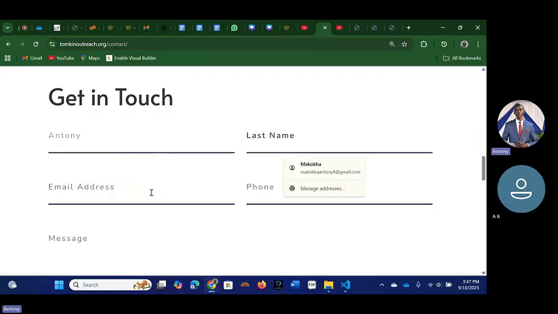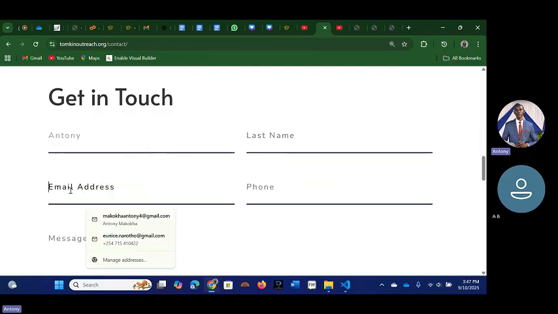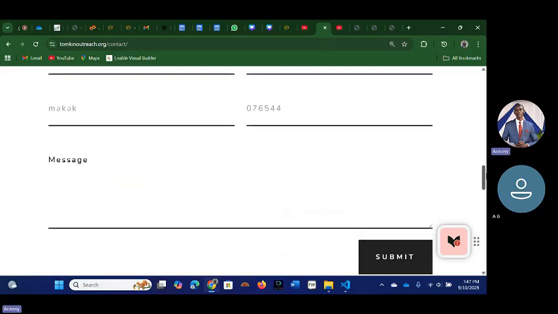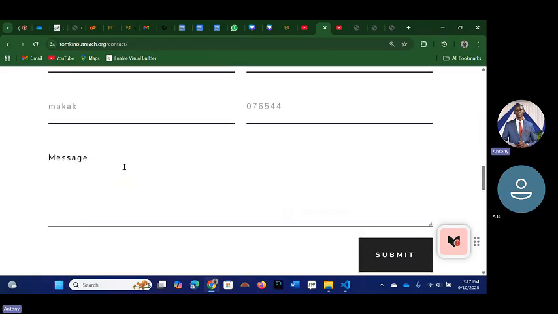The same applies to this one. Then this one is input email, where you can enter your email address. And here is input tel, where you can enter your phone number. And here is the text area, the part where you can enter your question, an inquiry, or maybe a complaint.